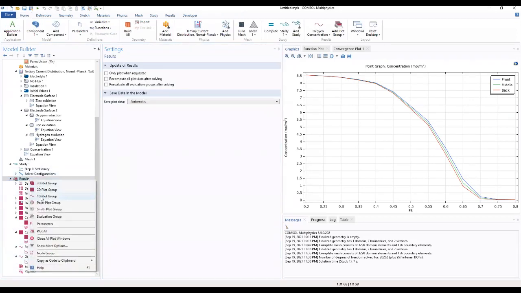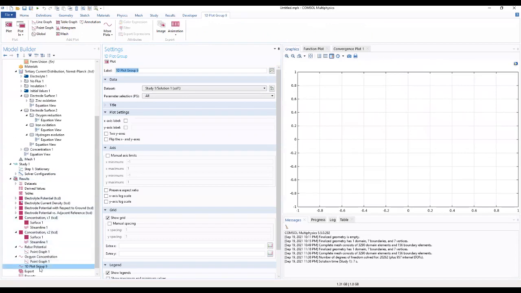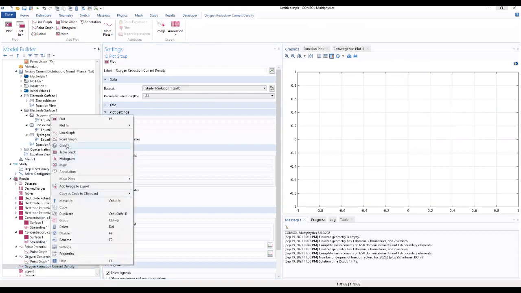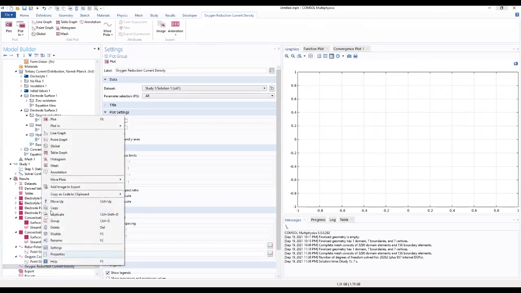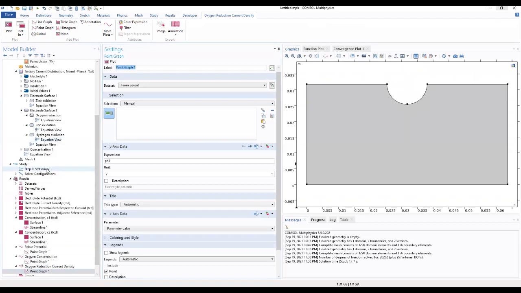We go ahead to add another 1D plot group, which we want to name as the oxygen reduction current density. We add a point graph to this. For our oxygen reduction current density, we add a point graph. The point graph will select these areas